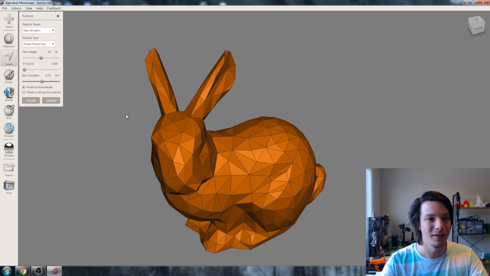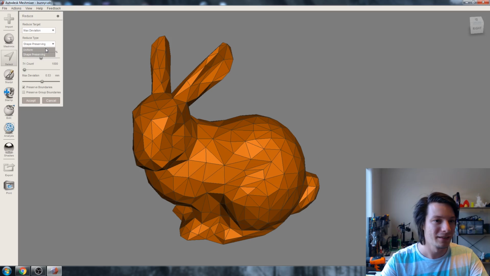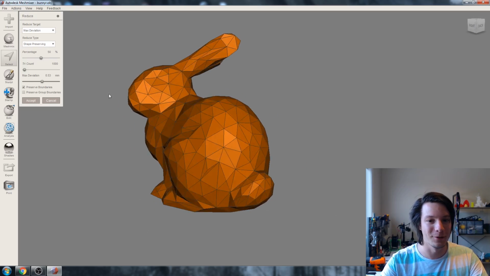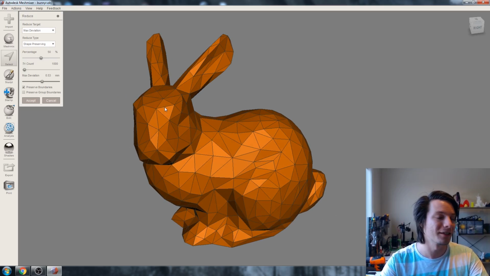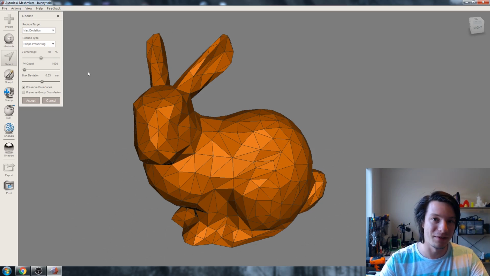So this is just a default 50% max deviation with a shape preserving modifier, and that actually looks really good. So if you like the low poly look, you can actually use reduce. I know Tom just did a video on using Blender to do similar things. Go check out his video if you're interested in that kind of thing for doing artistic modifications or filters to